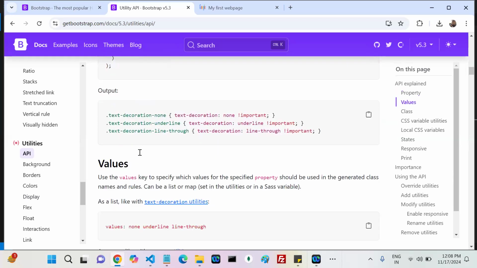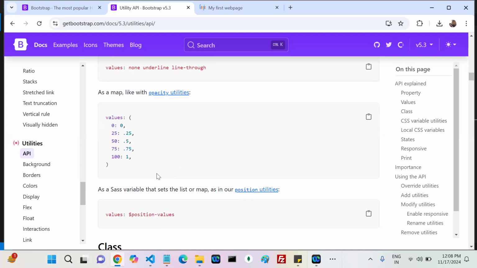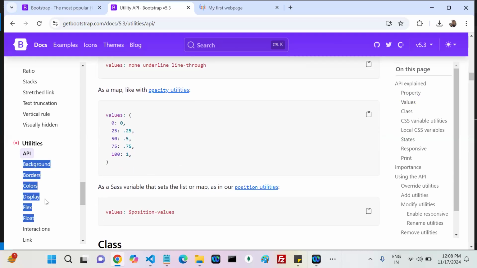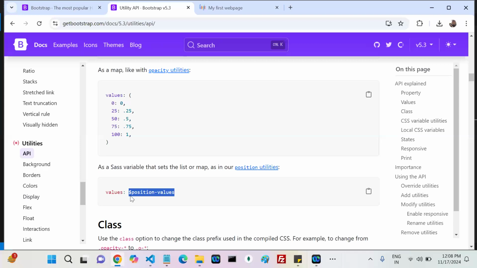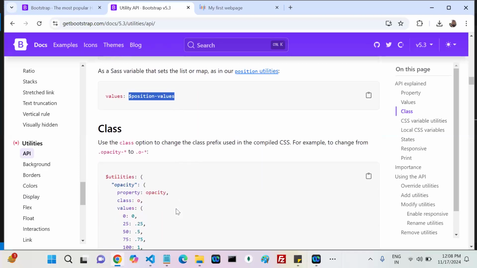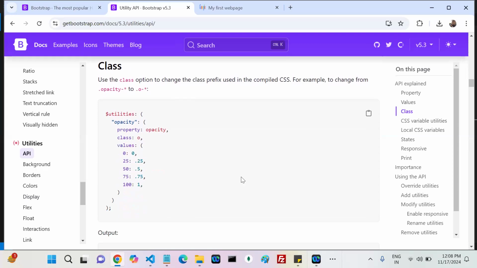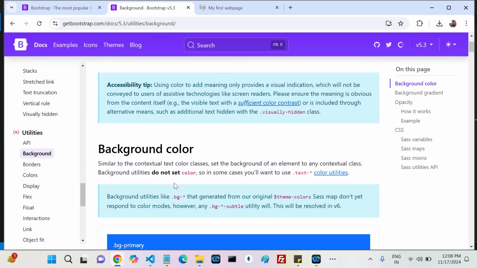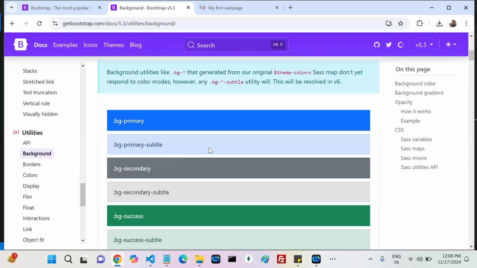Okay, they provided some CSS classes. First complete this one, and at the time of lesson SAS, again if you come to APIs, then you can easily understand. Now see, instead of giving the values directly, you can also add variables. How we can add all these things, we'll see, but not at this moment. You should have some idea. In the next session we are going to use less and SAS and root, all these things you can understand at that time. For now, if you go to this one, background color, now see, bg primary, bg,